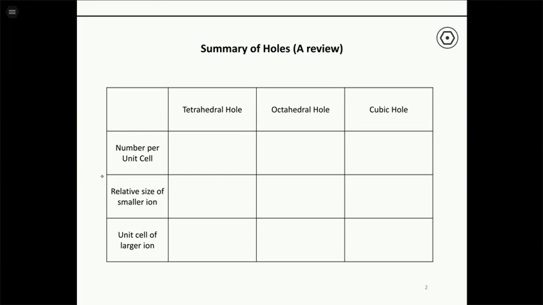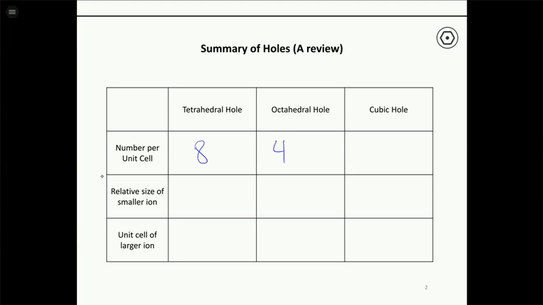All right, so as we saw, the number of holes per unit cell. Now this is the net number of ions that can occupy those holes. So for tetrahedral holes, we have 8 holes, and all of them are completely inside the unit cell. So there's a maximum of 8 ions that can reside in tetrahedral holes for a given structure. Octahedral holes are a little bit different because in this case we have 1 in the center that counts fully as 1, but then the rest of the octahedral holes are all along the edges of the cube, which only count as 1/4. So when we add up all of those, in net we have 4 ions that can reside in octahedral holes.